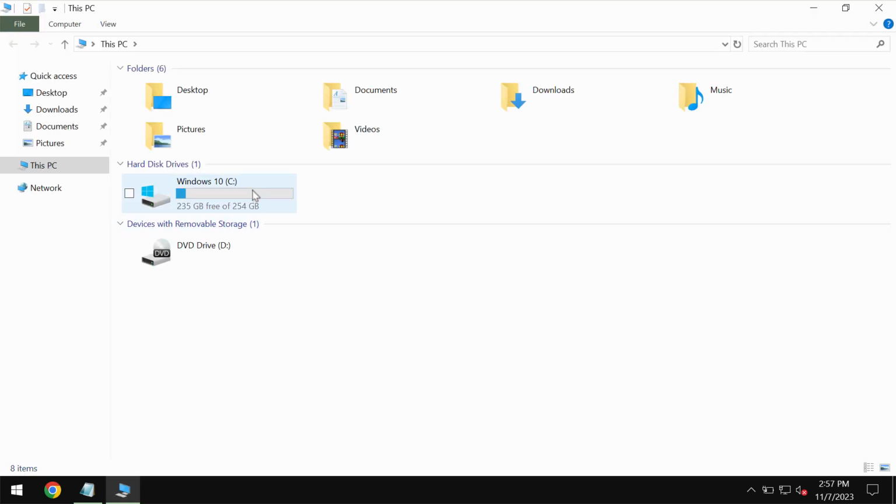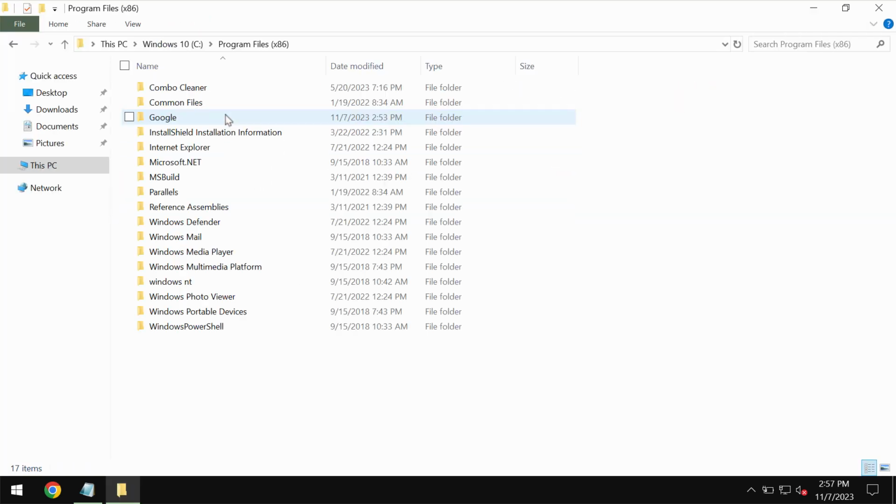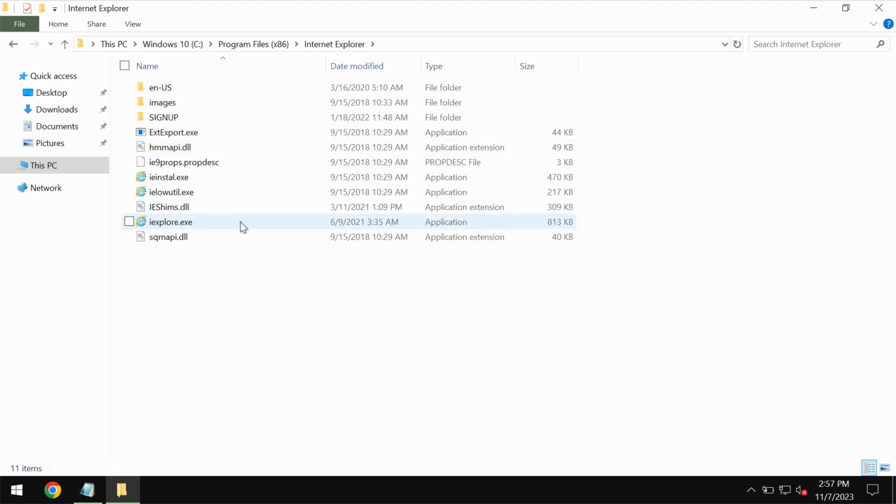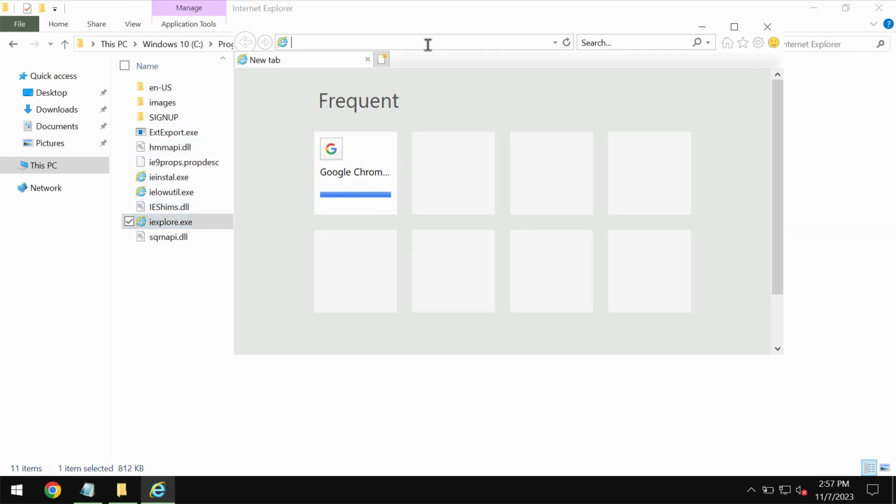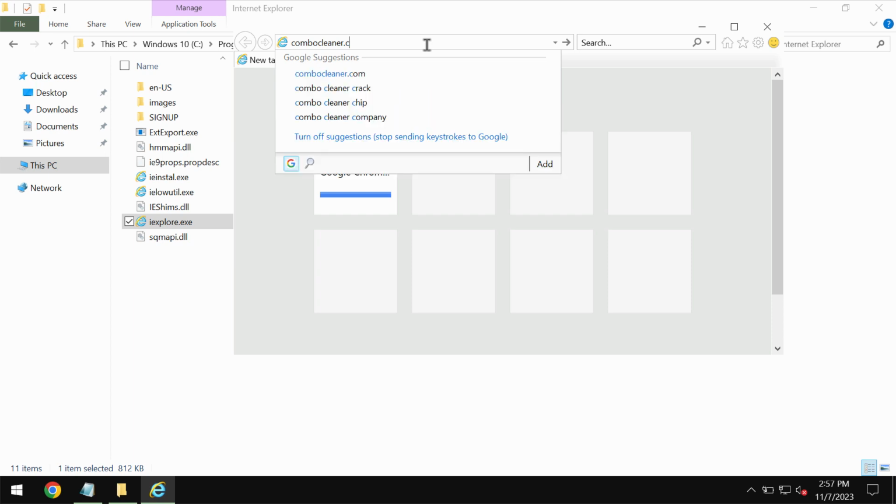I recommend you urgently remove this ransomware with the help of reliable antivirus software, and I recommend you use Combo Cleaner for this purpose. Get it on the page